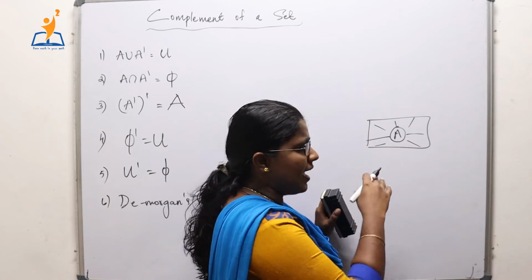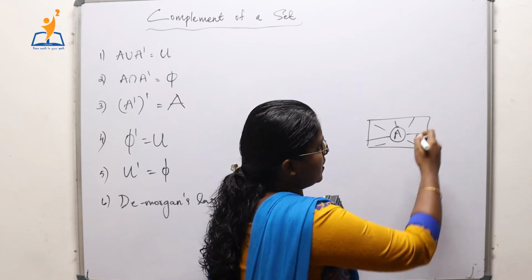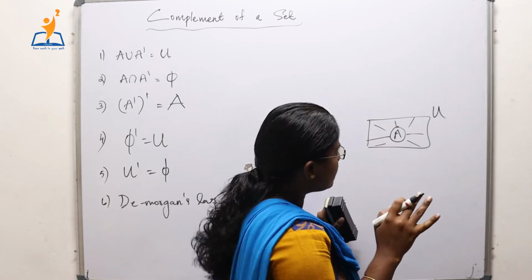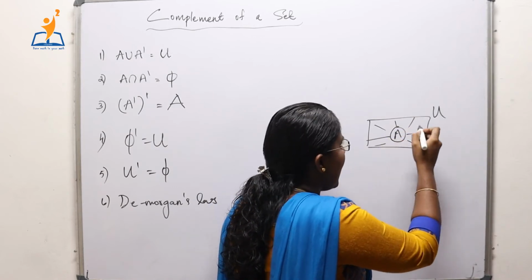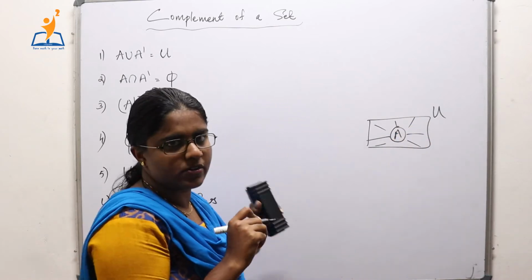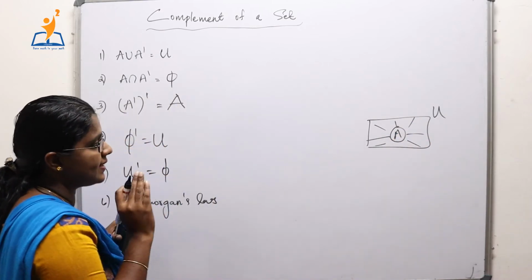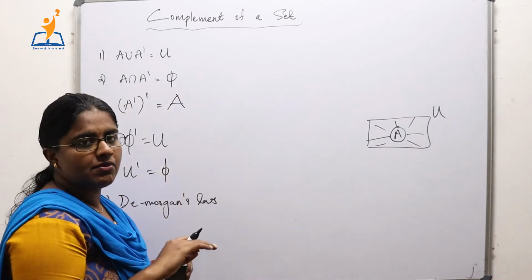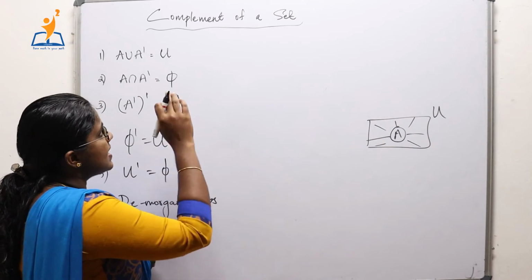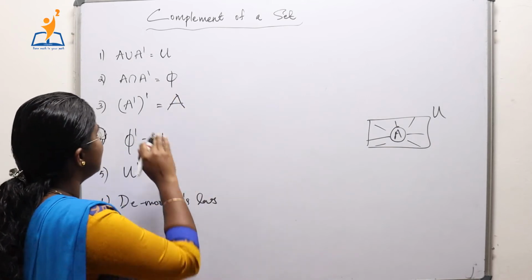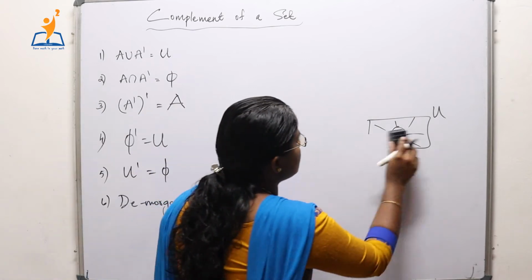That is the elements which are common to both of them. This is the universal set. Is there any element common to both of them? No. This is A and all elements outside A are our A complement. So there is no element for intersection in these two sets. So it is an empty set, and we have already said that A intersection A complement is phi and they are disjoint sets. Next property is quite important.